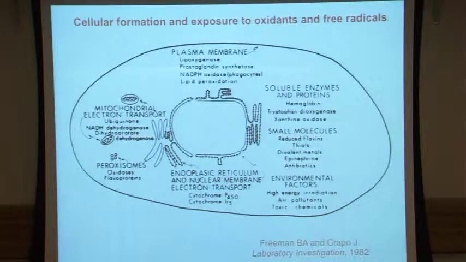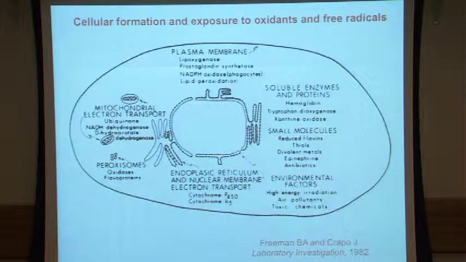As you can see, various organelles and areas of the cells form a variety of radicals. Of course, in each locus the preferential radicals differ, but in general, in every single place you look, there is oxidant formation that can impact amino acids and prosthetic groups. And today, at the very end of the talk, I will concentrate on oxidant formation in mitochondria and the oxidation of some mitochondrial proteins that then become biologically relevant. So,